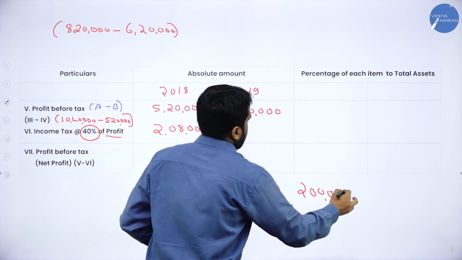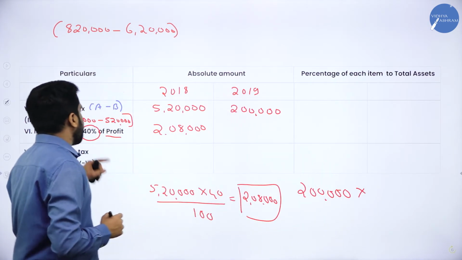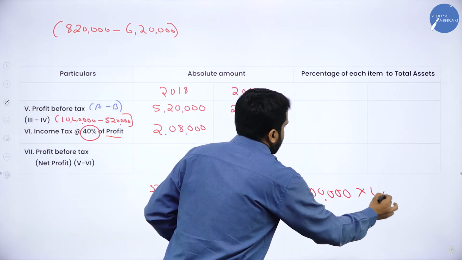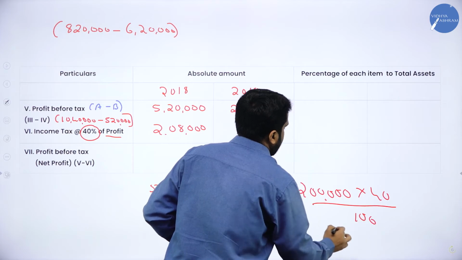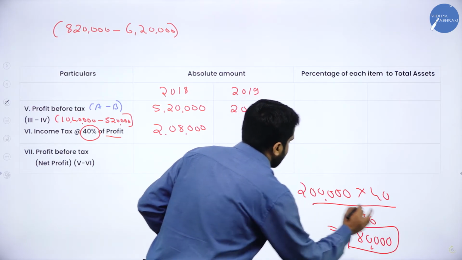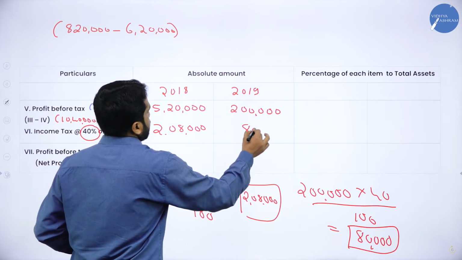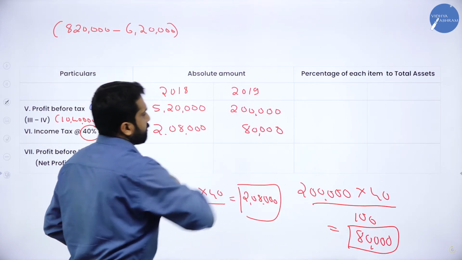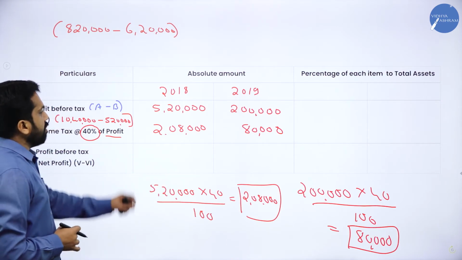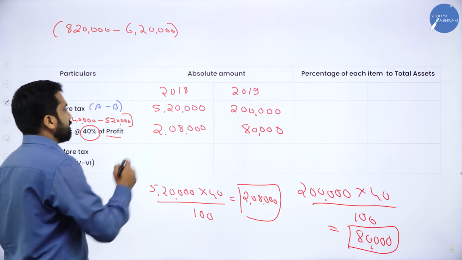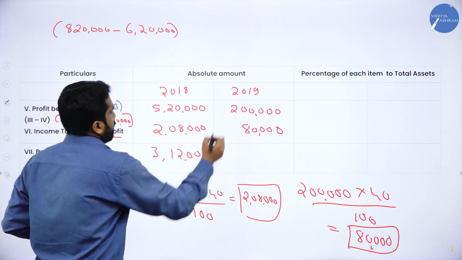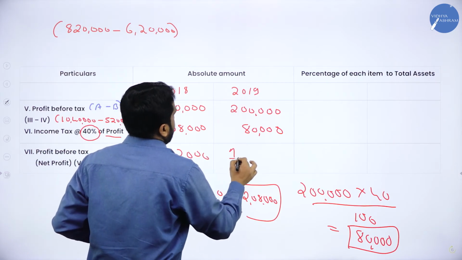Similarly, now on 2 lakh, what is the tax percentage? You have 40% tax. Multiplied with 40 by 100. How much will you get? You will get 80,000. Clear? This is your tax portion. Now from this, if you minus this, you will get 3,12,000. If you minus this,